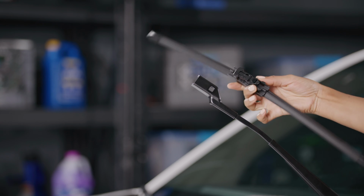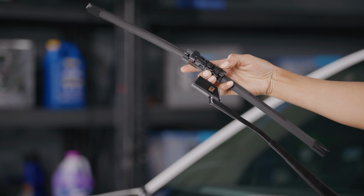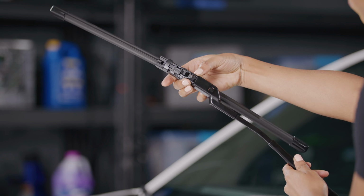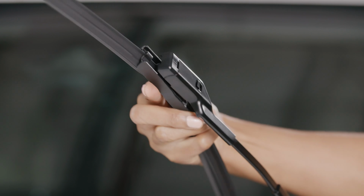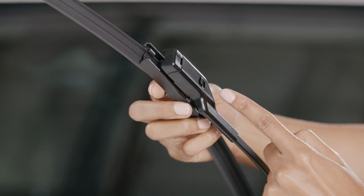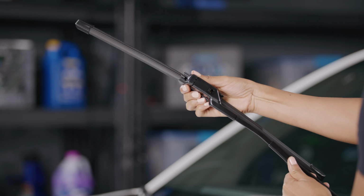Then, with the wiper arm in the upright position, insert the back end of the adapter into the wiper arm opening. Take note, the button in the middle of the adapter must lock into the hole in the top of the wiper arm. But just to be certain you've installed the blade properly, give it a firm tug to make